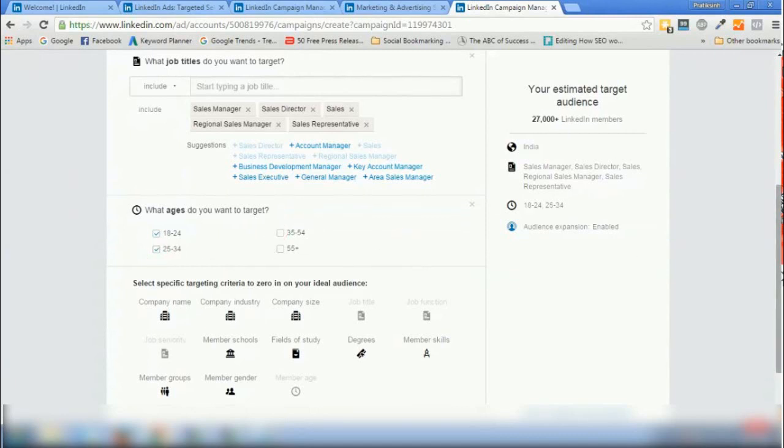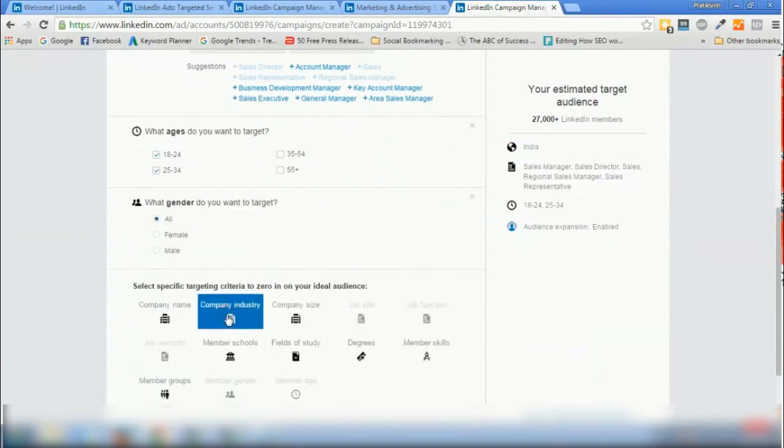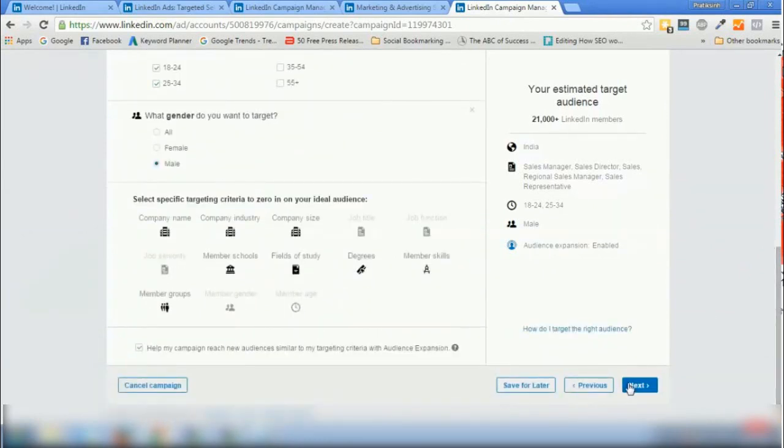Alright, so this is how you can just go inside this gender. If I want to go gender, I'll say let's suppose only male. Right, so this is all up to you. Then let's say I click on next,